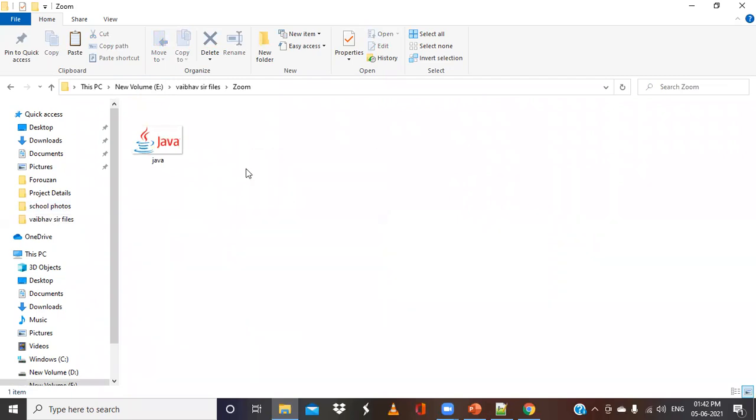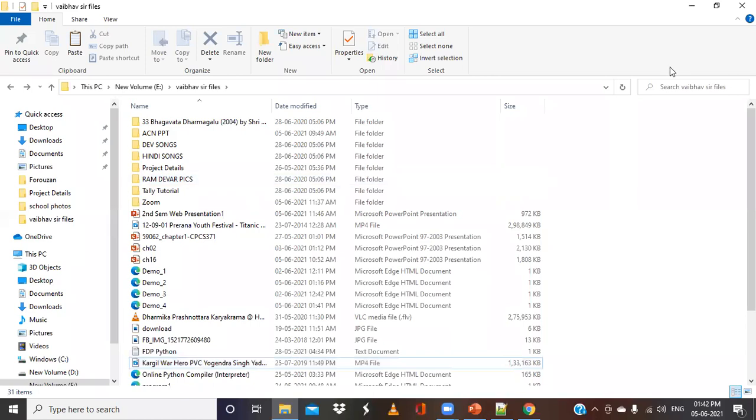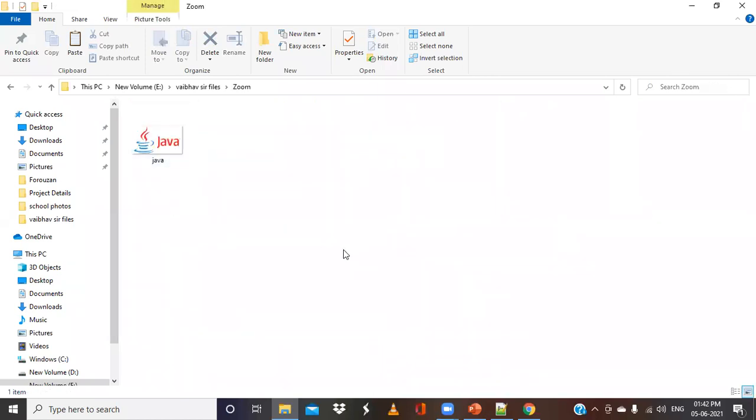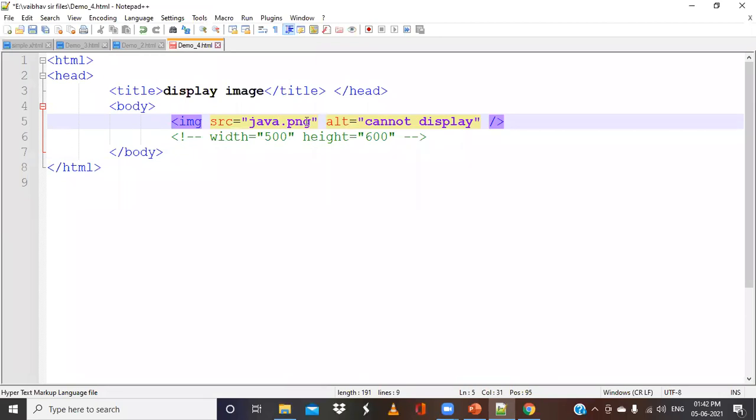I do not have the file called java.png here anymore, so I will delete this. My file is present at this particular directory. Now, if I run this file, what will happen? The file name is proper, the extension is also correct, but still it will not work.